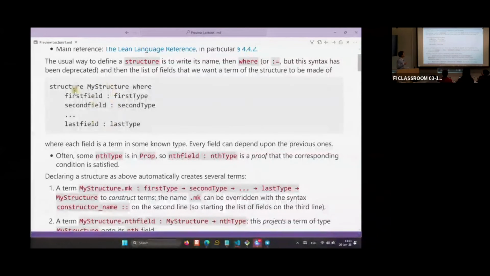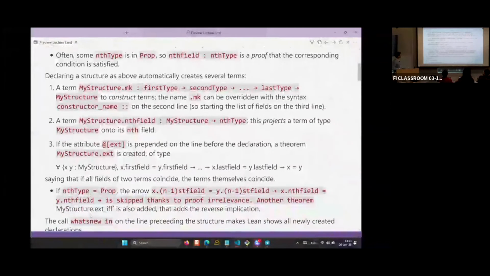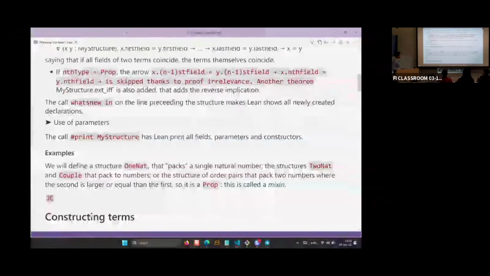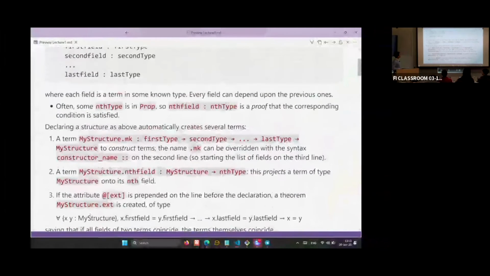Of course, there will be plenty of examples, and this is just an overall view. Okay, some points, and then we pass to the examples.